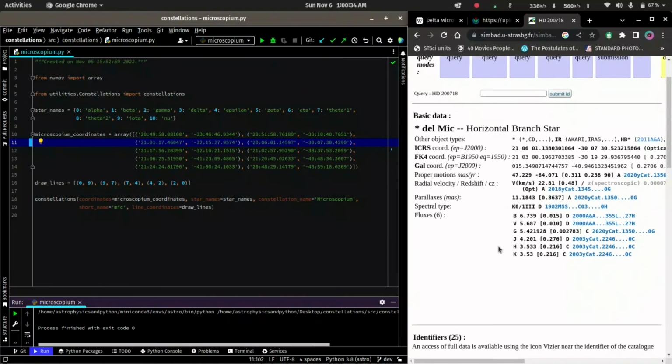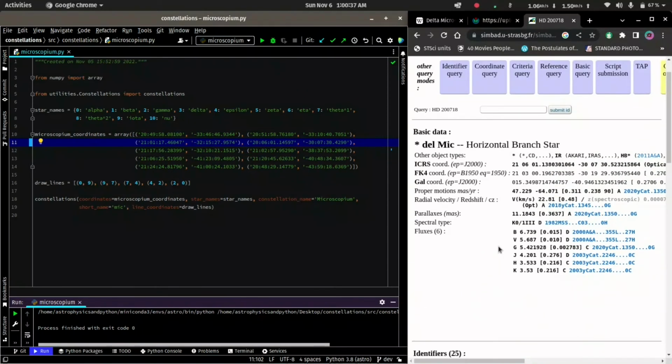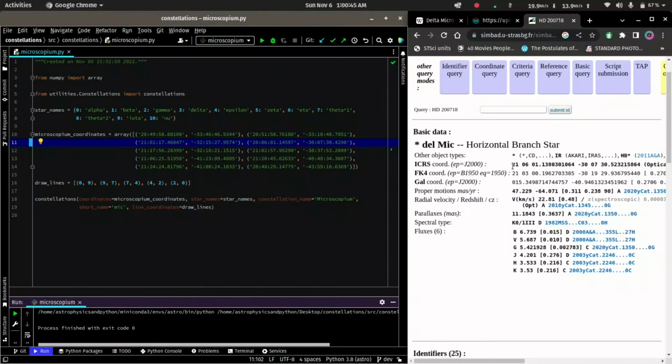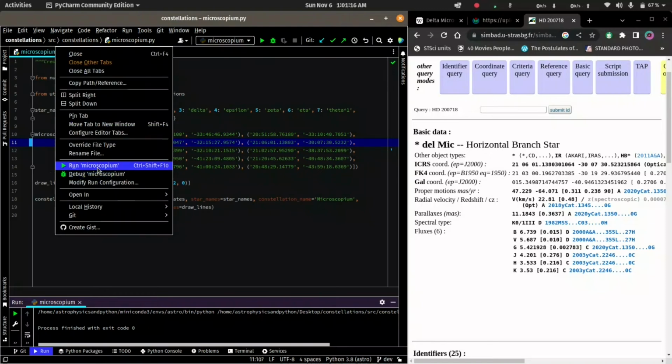It has a bunch of things going on for Delta Microscopii, but for my project I'm only interested in the right ascension and declination. So we can see that the RA and Dec for Delta Microscopii given by the Wikipedia page is 20.6.01.14597. However, we have here 21. So we will correct this: 21.06.01.13803 and negative 30, 07, 30.5232. Okay, now if I run this,